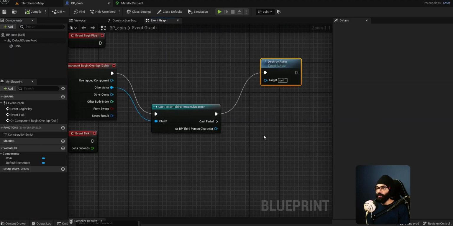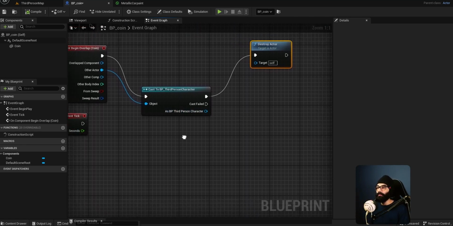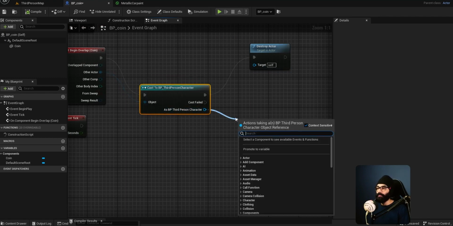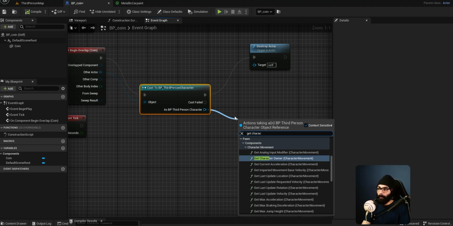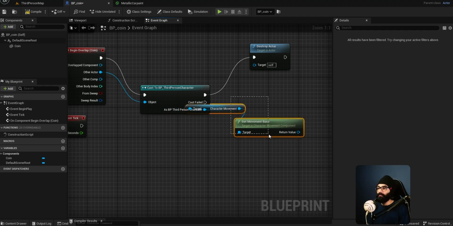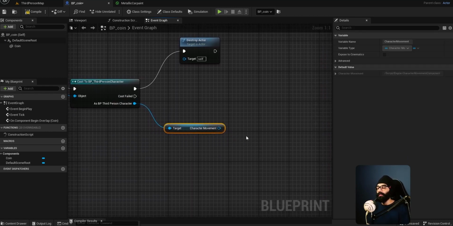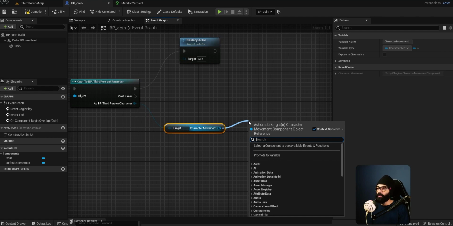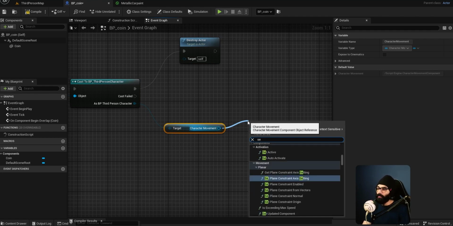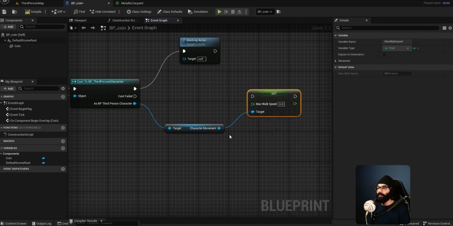Okay, we've destroyed the actor, but now how do you increase the speed? So as BP third person character, when this happens, you can drag out stuff here and say get character movement. I just needed this target character movement. So as this happens, you want to increase the speed. From character movement, we're gonna drag out and say walk speed. So set max walk speed. This is gonna set, but first we need to get,